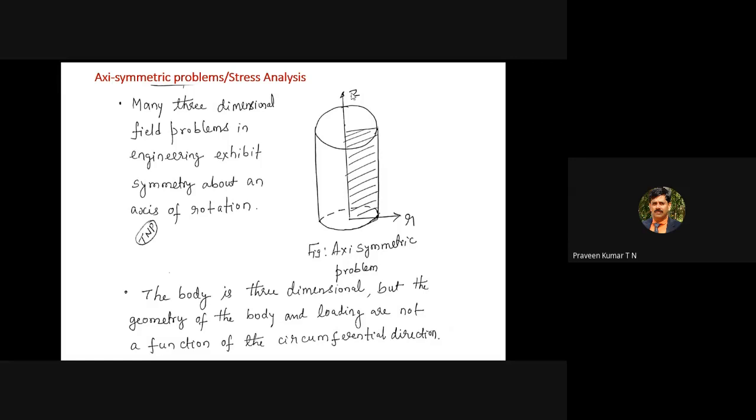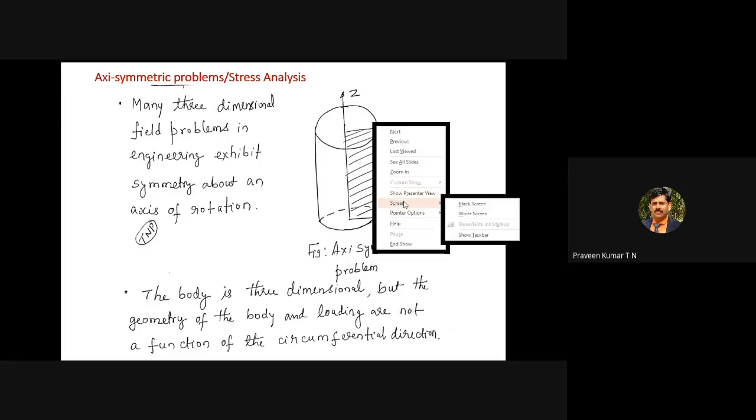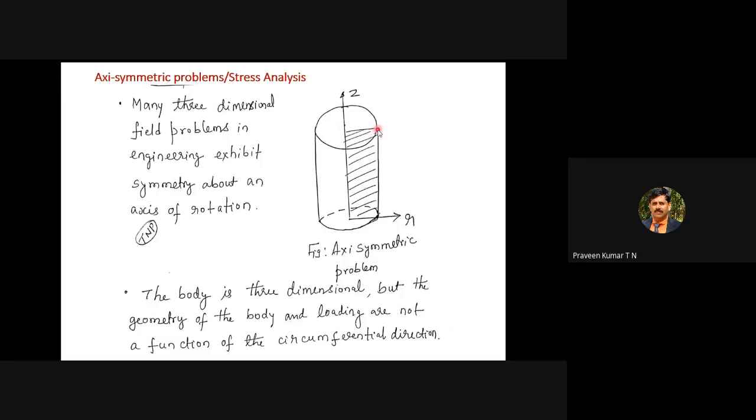Neglecting in the sense that we are assuming the stress in the circumferential direction remains the same. Imagine the stress about this point is 250 megapascal. Here also it is 250, here also 250, because the loading is symmetric. So when loading is symmetric, once you know the stress at this point, irrespective of the angle theta, the stress remains constant and the strain also remains constant. So only along the radial direction.